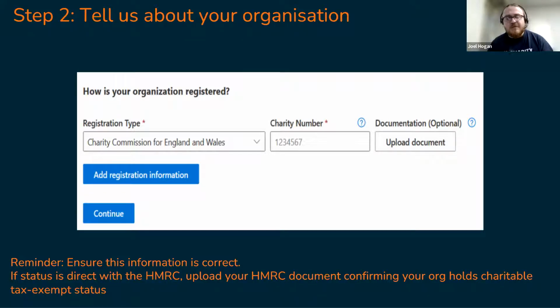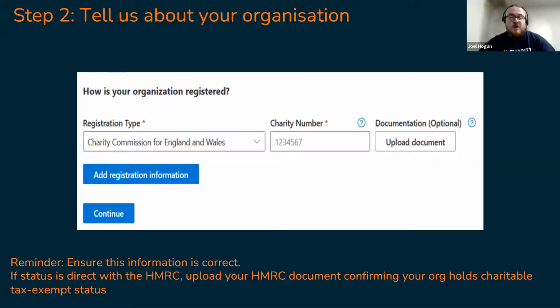You can block out any information on there that you don't want to see, but as long as it's confirming your unique reference number, which there's a whole variety of unique reference numbers associated with the HMRC, but they always start with a letter or two. For gift aid, if you process it online, an accepted document is a screenshot of your gift aid online portal. Block out any information there, and as long as that portal shows a unique reference number, that should be uploaded as well.